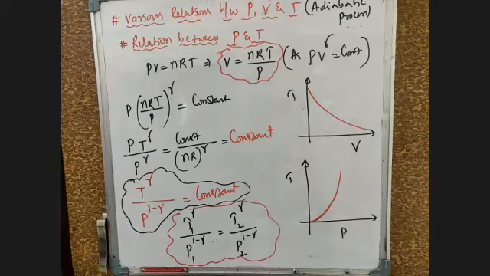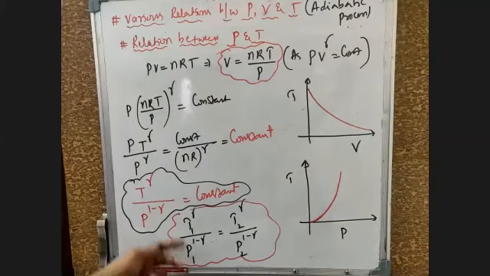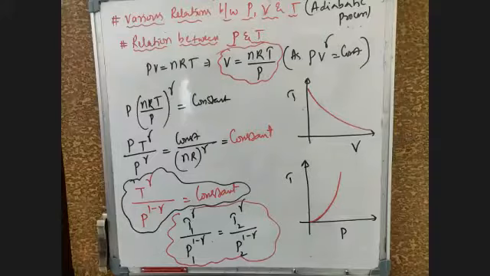TV to the power of gamma, anything will always give a graph like this. Sir, here also we have TV to the power of gamma only, so why are we not getting the same graph? Here it is 1 by gamma. The TV relation has the opposite side, power of gamma minus 1, so the opposite sides part of the relation. Okay, sir.